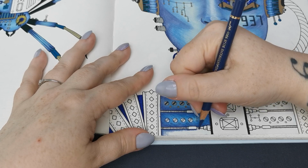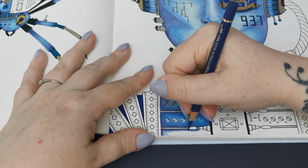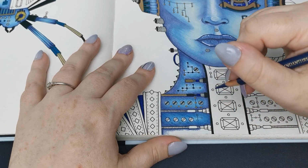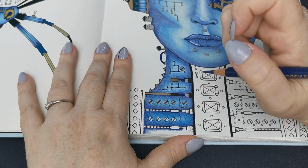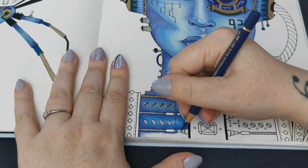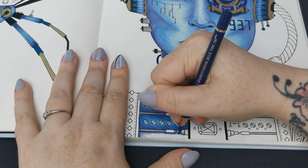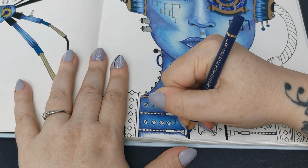So I think the next Hanna Karlzon book that I work in will probably be the jewellery box, I think. I'm just looking on my shelf. Yeah, that's the one that's not there. So that's the one that's upstairs. I think I've flagged about 3 or 4 pages in it that I'd really like to colour. So it'll probably be from the jewellery box,